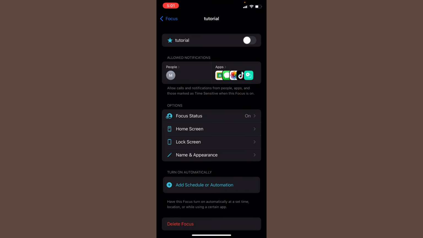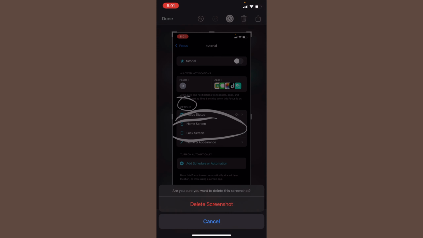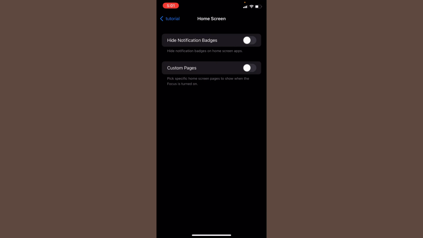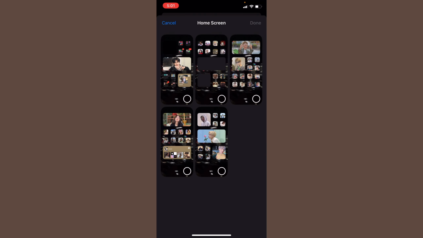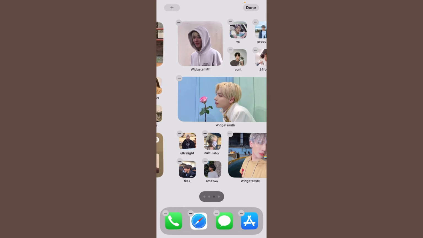Now that you've done that, you click where it says options. Over here it says options, and then it says home screen and lock screen. So you're going to click home screen and lock screen, custom pages, and you're going to select the pages you want. So first you're going to have to create these pages. So say for example over here I want